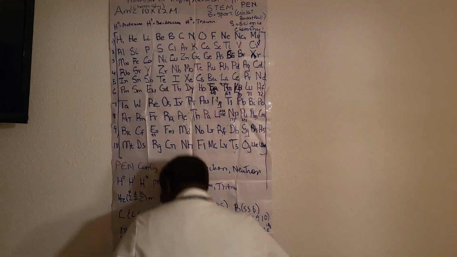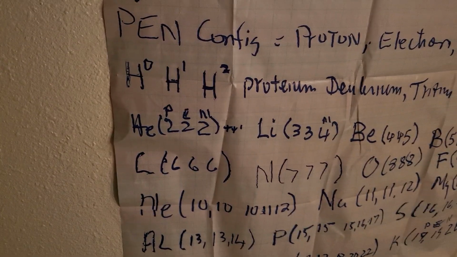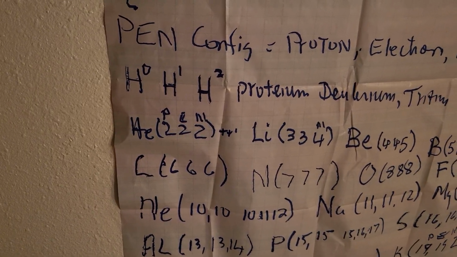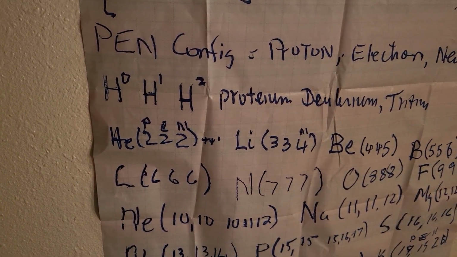So here we have the PEN configuration of the first 20 elements, meaning protons, electrons, and neutrons. PEN meaning proton, P, E for electron, and N for neutron. And sometimes we just have it for PE, proton and electron. Protons equal electrons in numerical value for a neutral atom. Okay, so